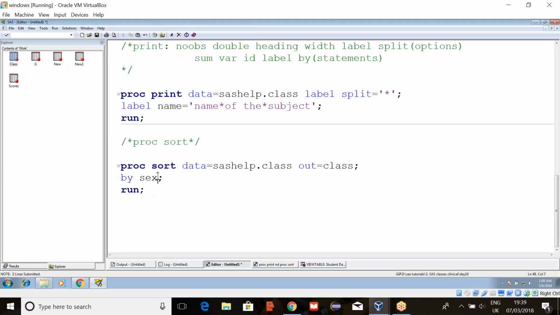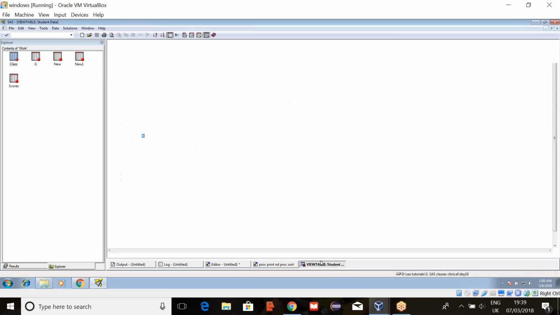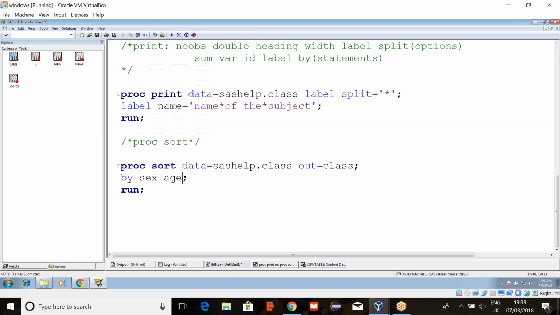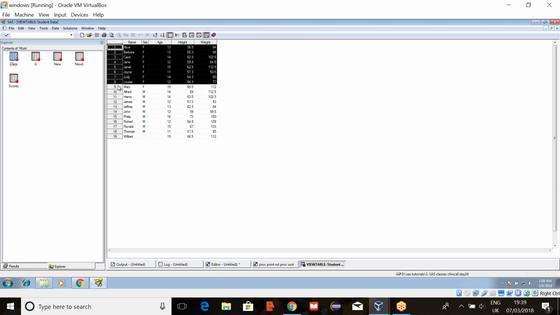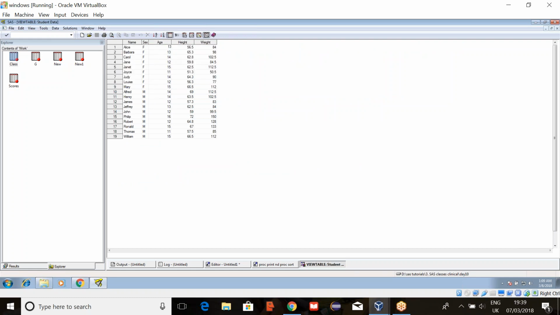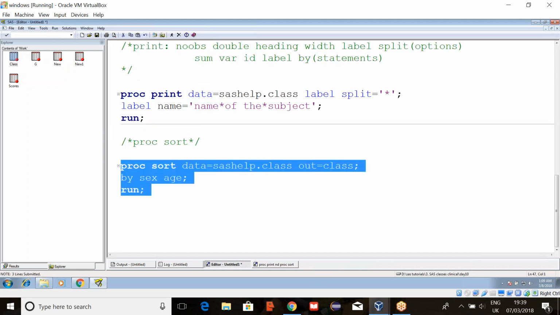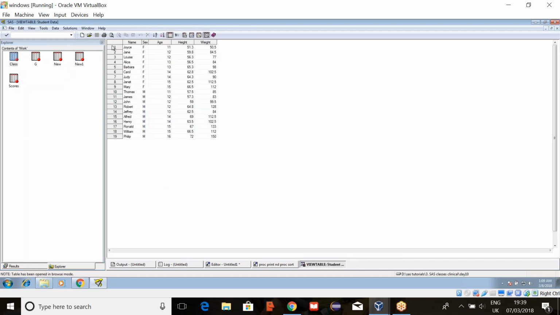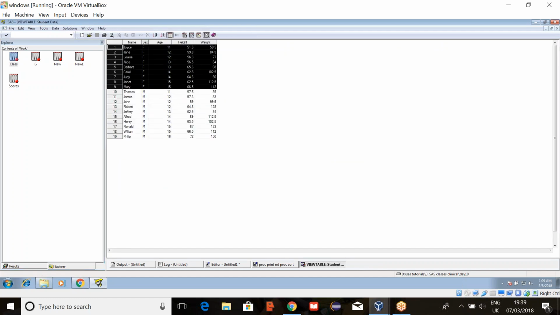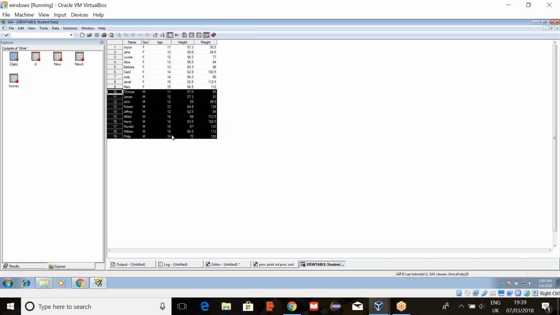In case you want to sort by two variables, sex and then age, how will it take? See, if you observe, first it will give importance to the first variable, that is sex. So it will take all the female observations and then sort all the ages based on the value. See here, we have 13, 14, 12, 15, it is not in order, right? Even the males are not in order. But when you sort by both the variables, see, now all the female records are 11 to 15 and all the male records are 11 to 16. Do you understand?